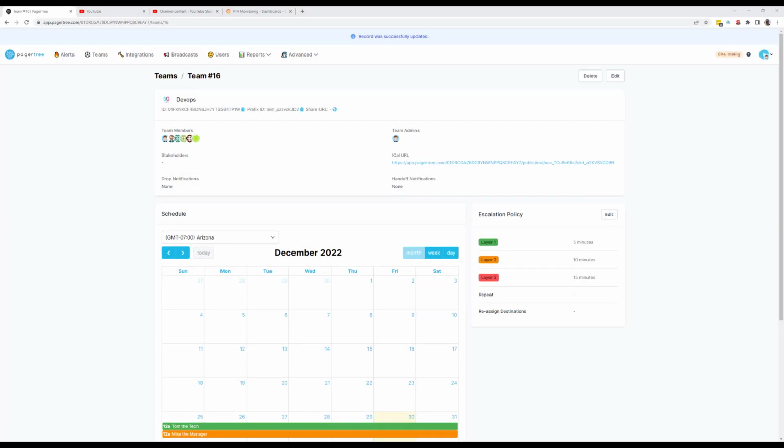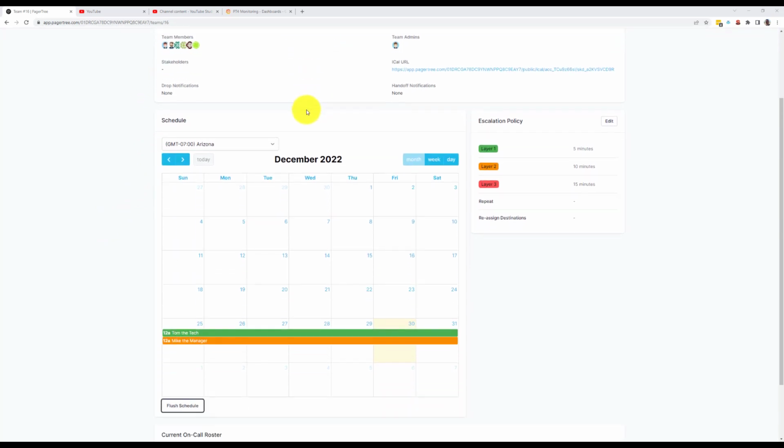Hello! Today I'm going to show you how to read an on-call schedule in PagerTree. Every team in PagerTree will have its own on-call schedule. You can find the on-call schedule on the team page. An on-call schedule in combination with escalation rules will determine how and when users are notified in regards to an